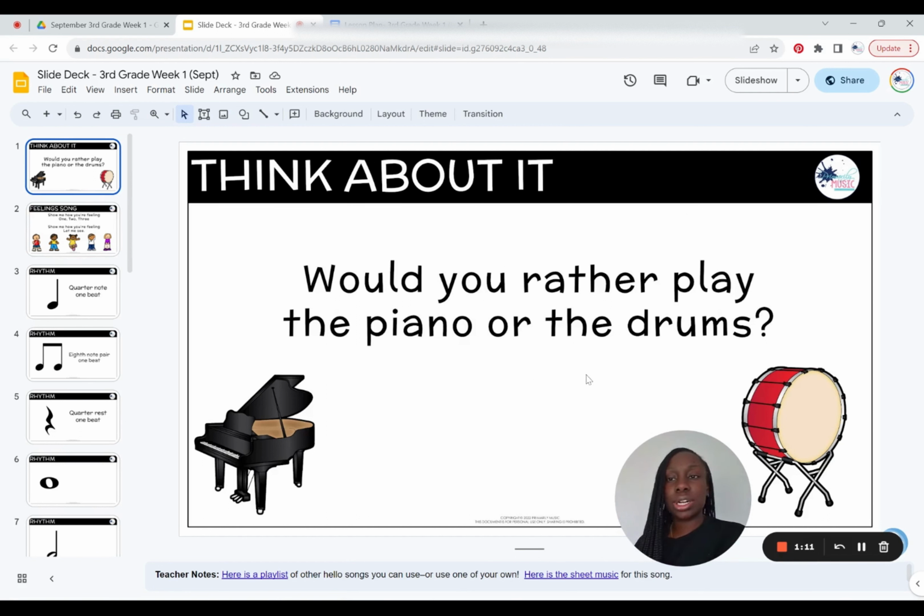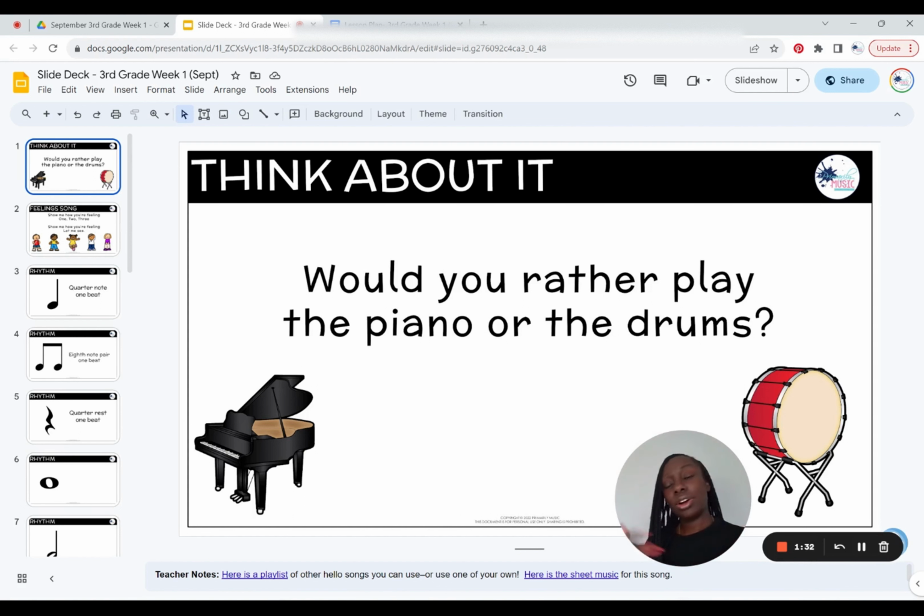But this is so third, fourth, and fifth grade have the icebreaker, the think about it discussion. The one for this week is, would you rather play the piano or the drums? So you could do like a signal. If they'd rather play the piano, you can have them throw up one, or play the drums, throw up two.